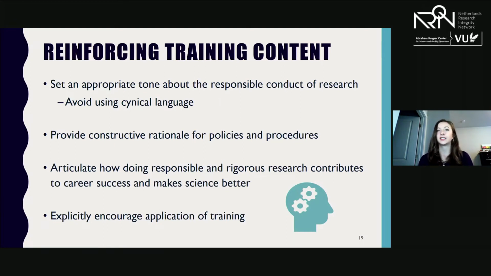That really helps incentivize people to apply what they learned during training to their jobs. And finally, having people explicitly encourage applying their training in their day-to-day work, especially when they're faced with complex and uncertain and emotion-laden situations.